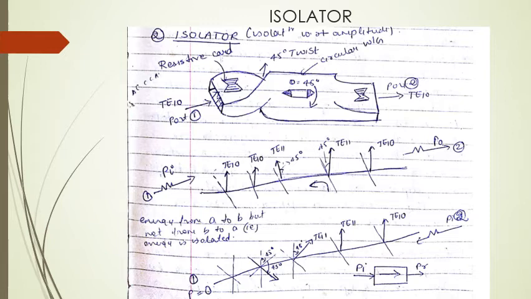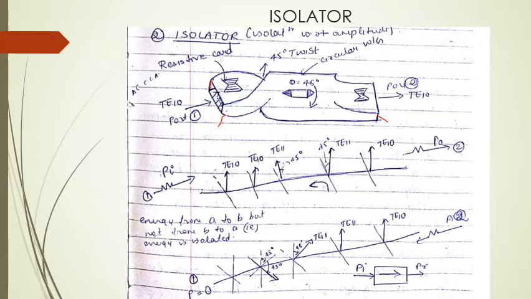This is an isolator. It's very simple to construct. How they have constructed an isolator is that they have used a rectangular waveguide at the start. Can you all see over here? It looks like a rectangular waveguide, a rectangular box. We use a rectangular waveguide, the red color which I am marking, and towards the end also they use a rectangular waveguide.